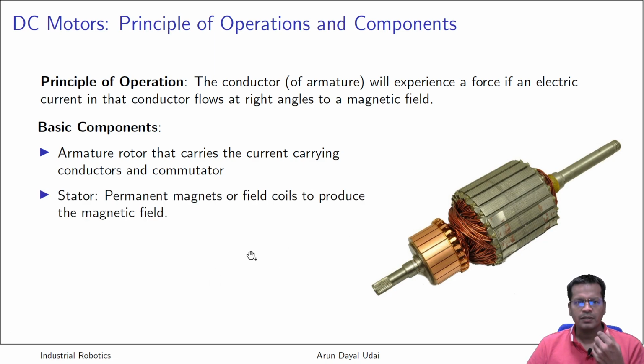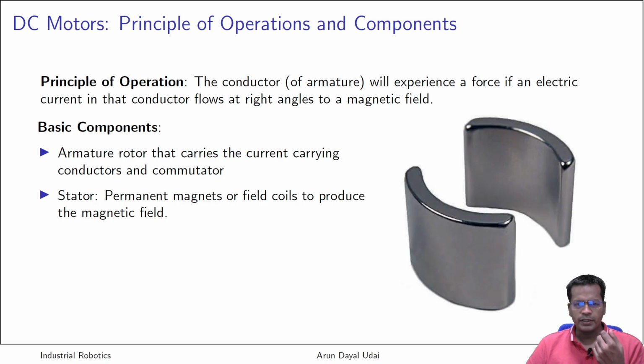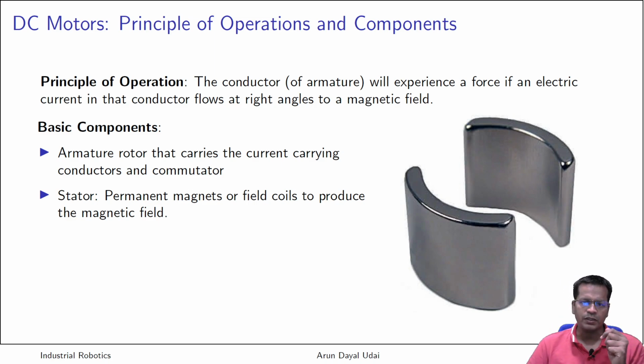Big thing, that is the stator. Stator, how does it look? Again I will show you. Stator normally looks like this. It is nothing but two huge electromagnets. Sometimes it is a permanent magnet DC motor. In the case of permanent magnet DC motors, they are high powered permanent magnets. So that creates the field, the lines of force that I was talking about, the magnetic lines of force. So that will be B, that is the field. So that conductor will lie somewhere inside. I will show you the section also.